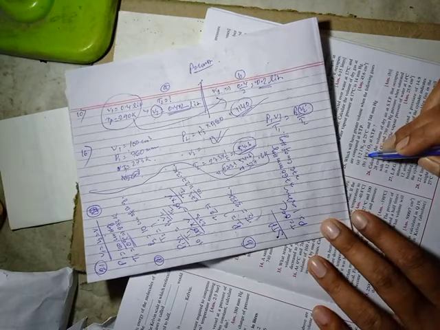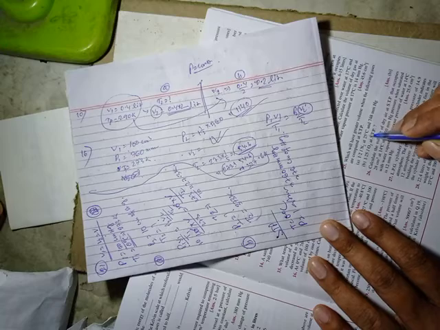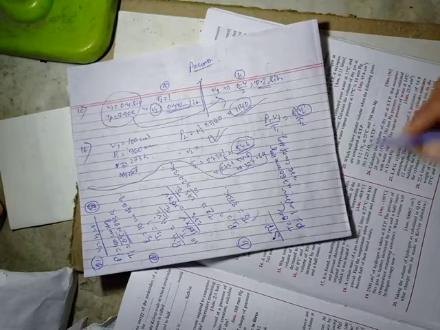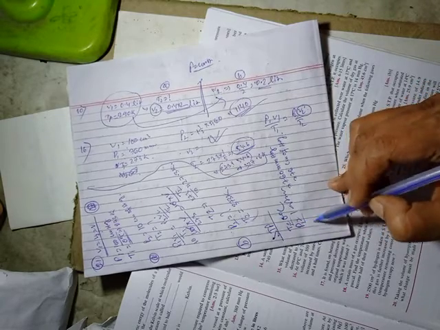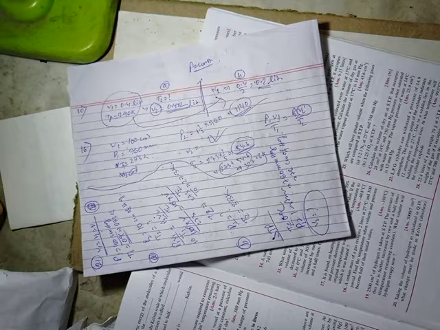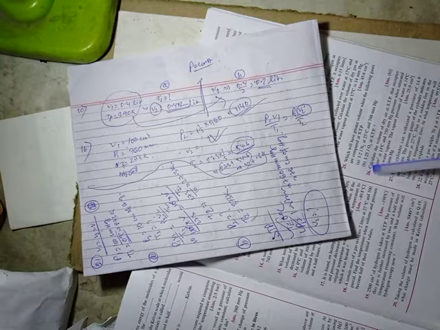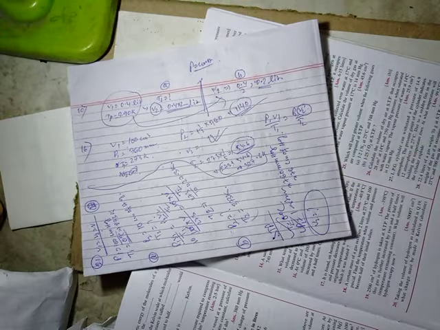So at STP, V1 is given as 1.2 liter, with T1 and P1 given. Suppose this is T2 and P2, and V2 we need to calculate. You will get the value. Similarly for oxygen, O2 at STP, STP means temperature 0 degree, pressure 1 atmosphere. Students, it's very easy. If you calculate, I think for oxygen the greater value will come. For the B, the answer will be B. I hope, students, you understand the numericals. Thank you.